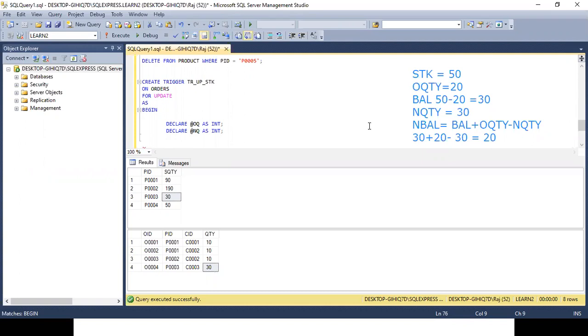Now, just think from another point of view, what do you mean by update? Whenever you are updating something, what are you doing actually? You are deleting the old thing and inserting the new thing. So update is actually, in other words, a blend of insert and delete.